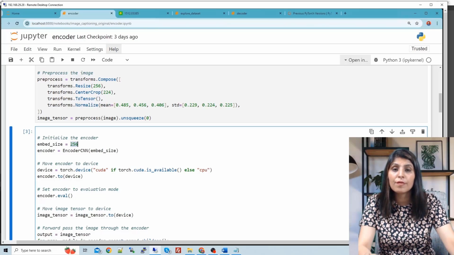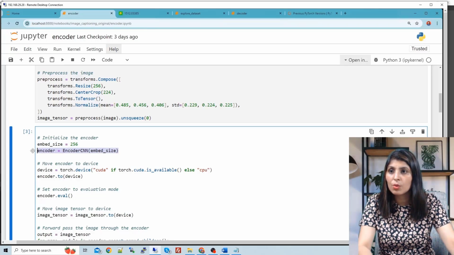So if you provide 100 images to your encoder CNN model, the output will be 100 embedding vectors, and each embedding vector will have 256 different values. That's what I'm going to show you now.